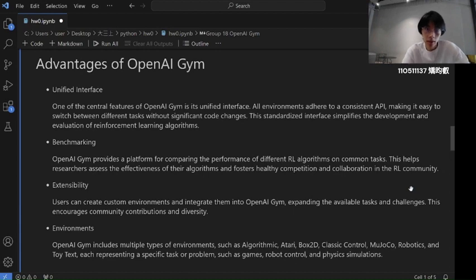Now we're going to discuss some advantages of OpenAI Gym. First, it has a unified interface. One of the central features of OpenAI Gym is its unified interface. All environments adhere to a consistent API, making it easy to switch between different tasks without significant code changes. This standardized interface simplifies the development and evaluation